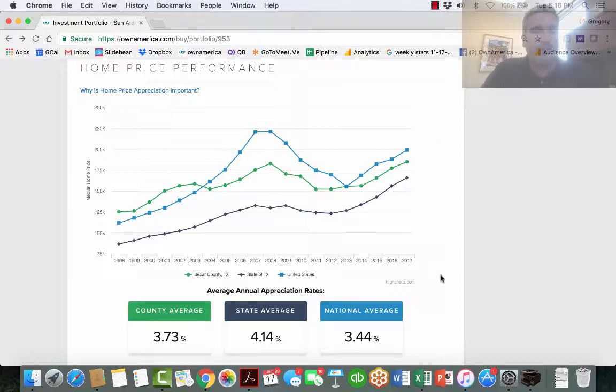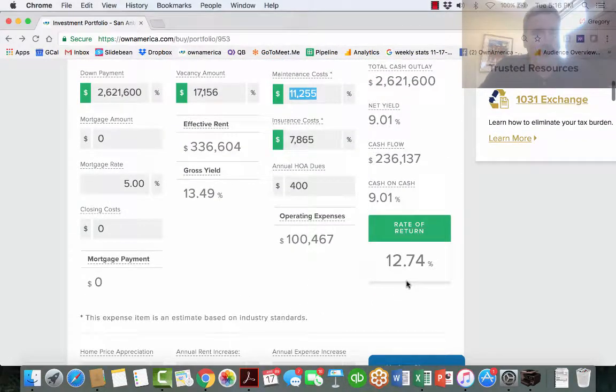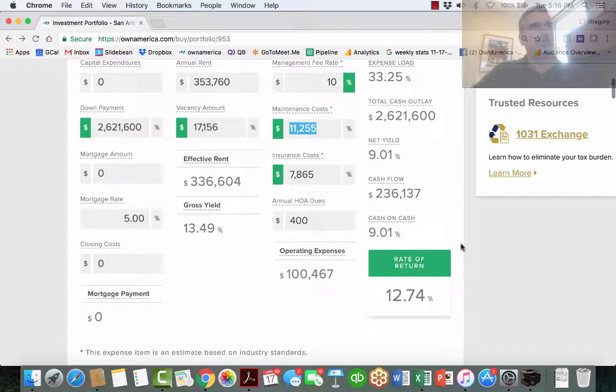But in the end, straight numbers: national average 3.44, state average 4.14, county average 3.73. That number is the one that makes it into this calculation for the rate of return. And we show you this knowing that you may be underwriting on yield and you can't count on HPA. But when you see a portfolio in San Antonio, Texas, doing a combined return of 12.7%, show me a place you can have a predictable, dependable, reliable investment generating those kinds of returns